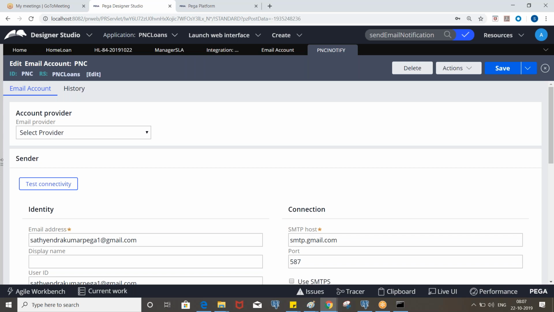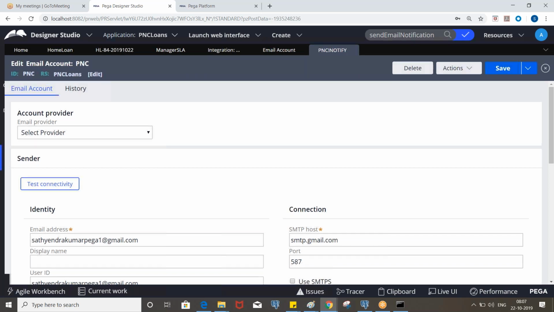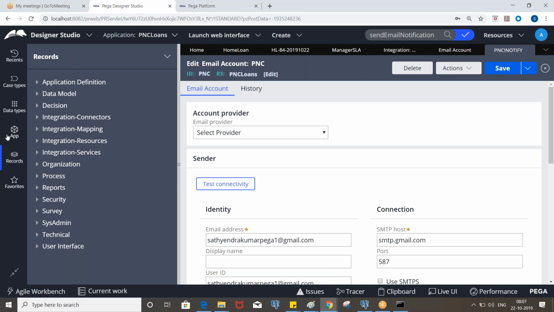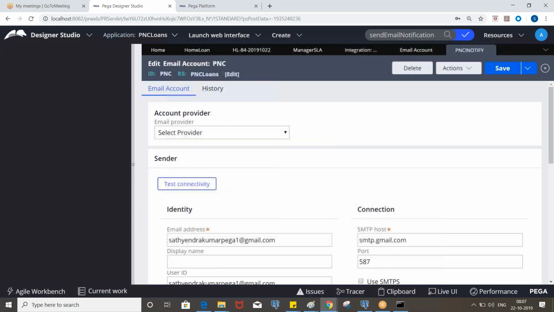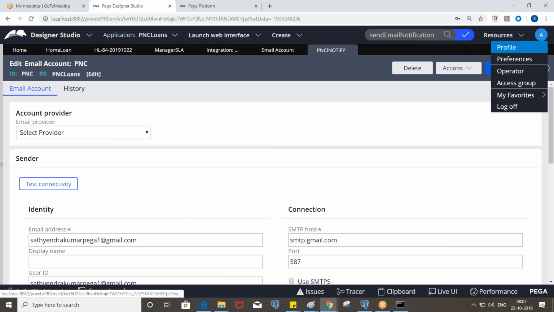If the flow is involved and you are sending from that, you can use the send email. Otherwise, we can create an activity. Okay, so we'll work on that smart shape also tomorrow. Any questions?